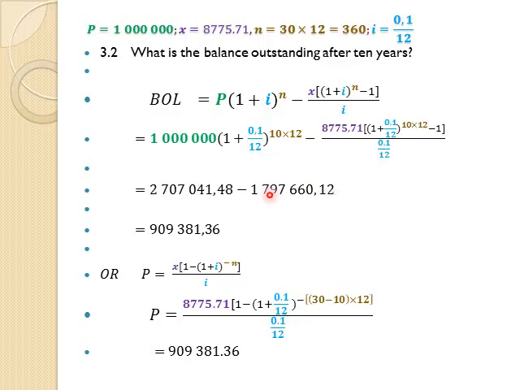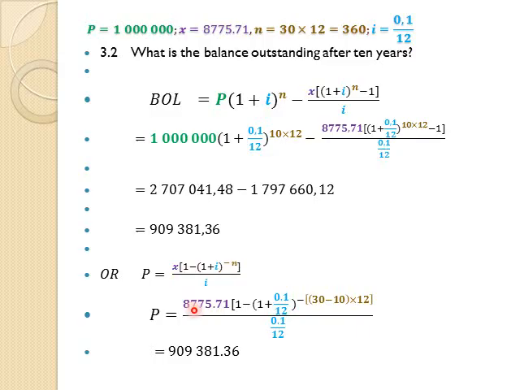So far they've made 797,000 rand interest from me. So I still owe 909,381 rand 36. So after 10 years paying almost 9,000 every month, I technically only paid 91,000 back. Interesting. Right? Or as I said, using present value, P equals X times (1 minus (1 plus I) to the negative N) over I,